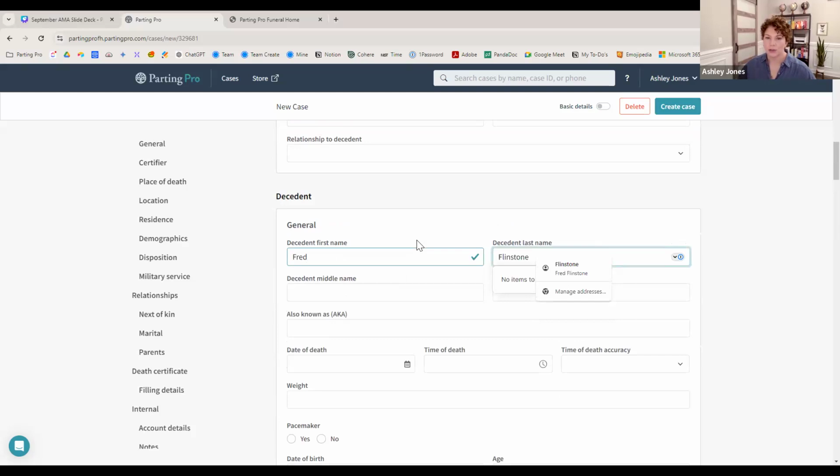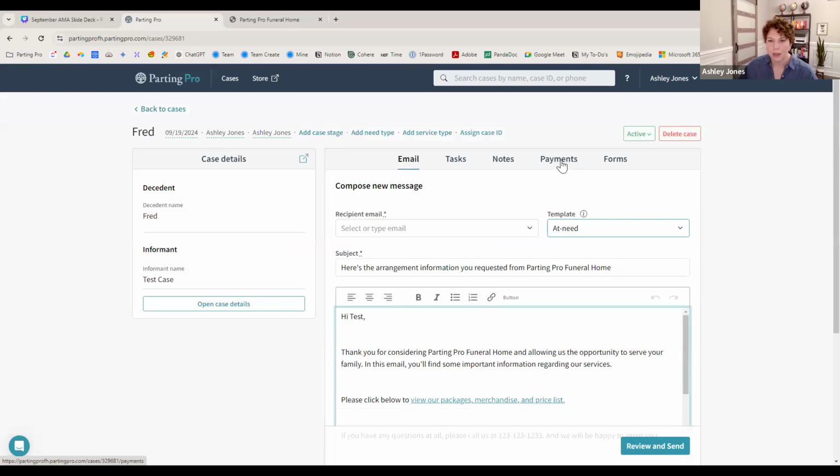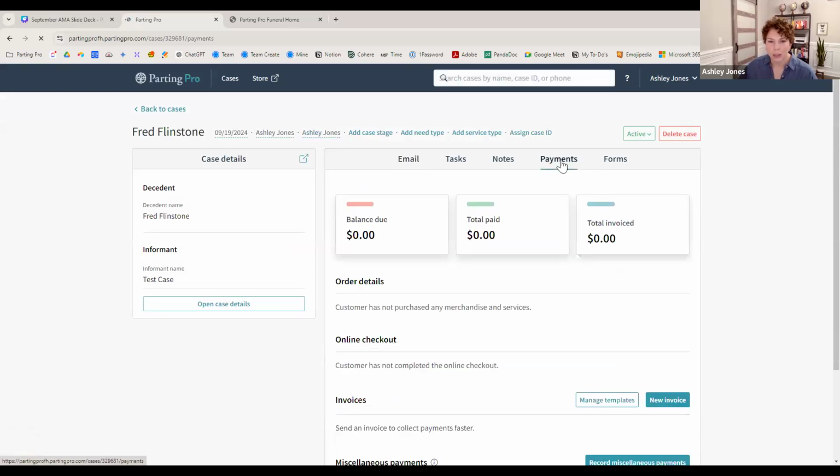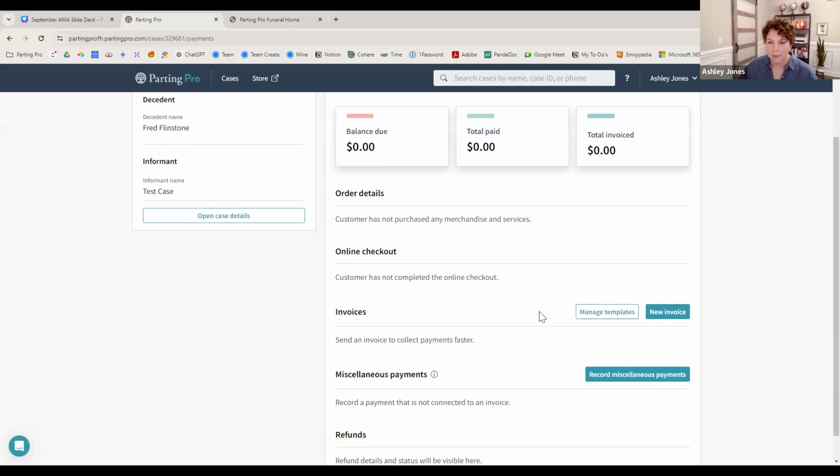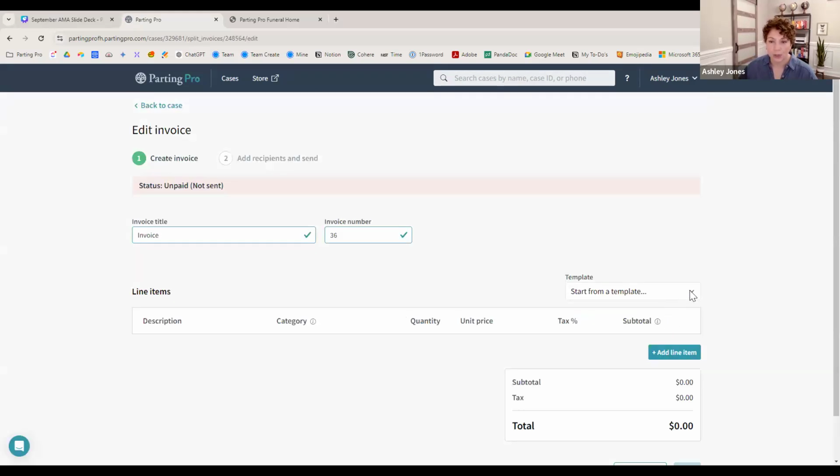So I would just enter in whatever information you have. And if it's really just to create a quote or invoice, there's not a lot of information that you have to enter. Actually, there's nothing required, but I would at least enter a name. And then basically you can come in here and click new invoice and then go ahead and just create an